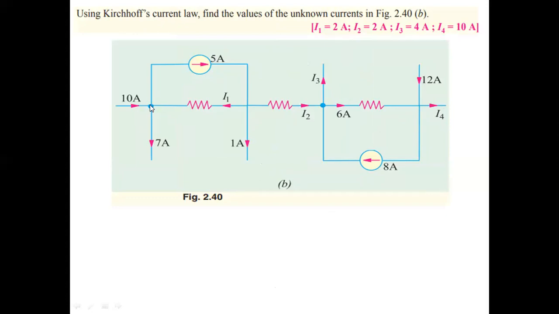So what are the incoming currents and outgoing currents? The sum of the incoming currents is equal to the sum of the outgoing currents. So incoming 10, this is the incoming current, and I1 is also an incoming current. 10 plus I1 is equal to